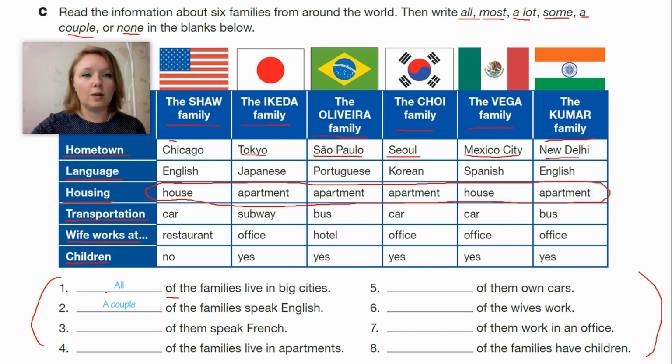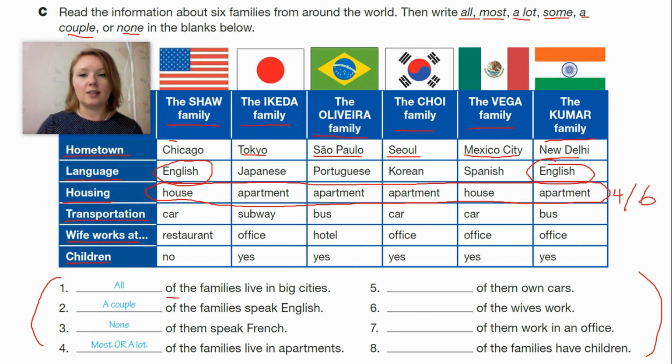How many of the families speak English? Here we see a couple, right? The Shaw family and the Kumar family speak English. How many of them speak French? None, right? 0. None of them speak French. How many of the families live in apartments? We could say most of them or a lot of them, right? Here we see 4 out of 6. 1, 2, 3, 4. So we could say most of the families live in apartments or a lot of the